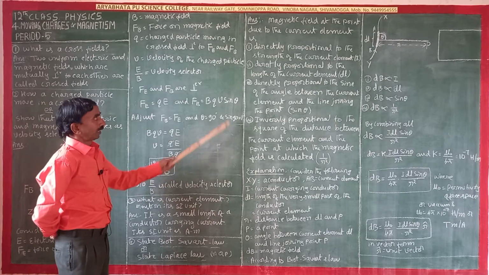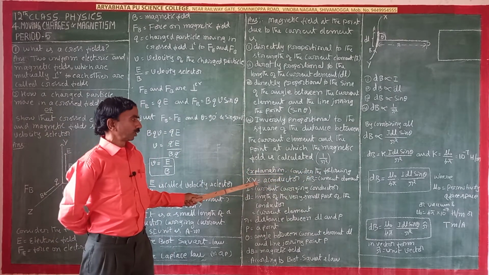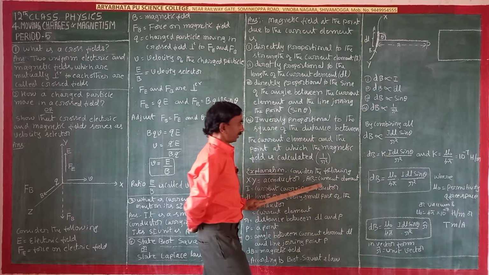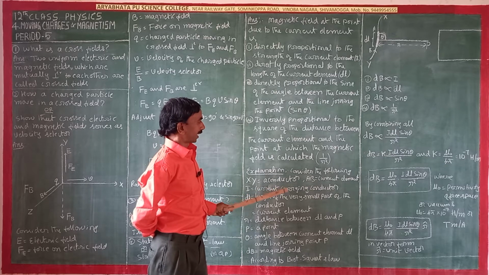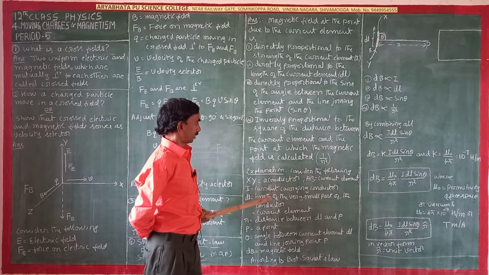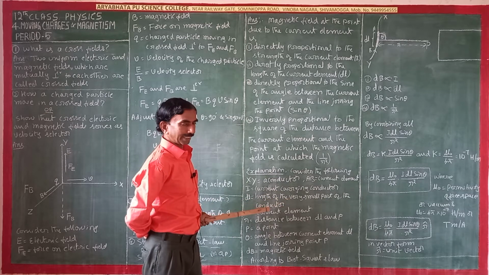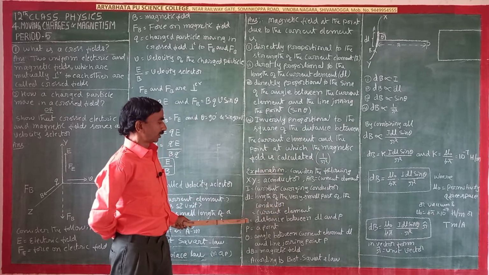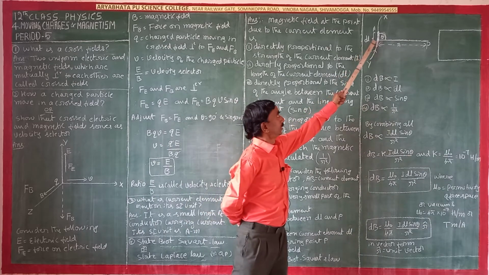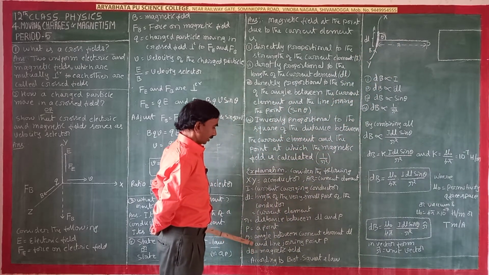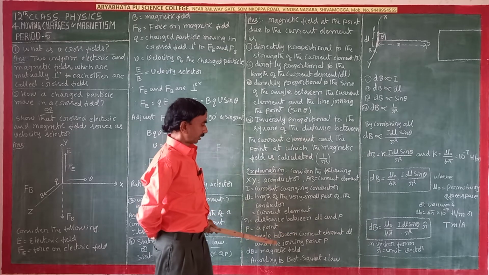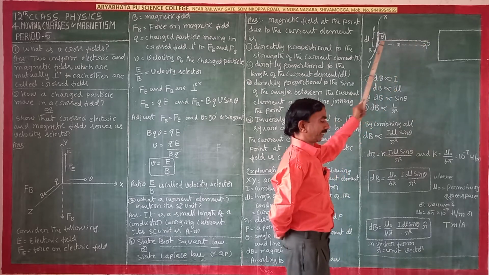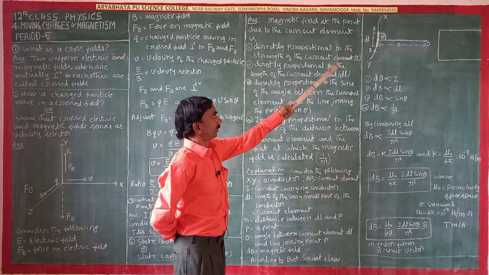Consider the following: XY is a conductor, AB is a current element, and I is the current carrying the conductor. dl is the length of the very small part of the conductor, which is the current element. r is the distance between dl and P. Theta is the angle between the current element dl and the line joining the point P. And dB is the magnetic field.